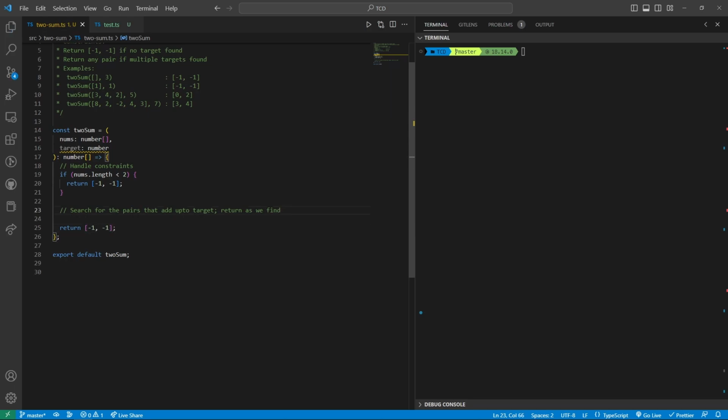Now let's search for both indices i and j. So to search for i and j, we have to traverse the array twice, once for index i. So we'll traverse from the start, from index 0. We'll go until the end of the array and we'll keep incrementing. And for each index i, we'll search for a compatible pair, index j. So we'll again traverse